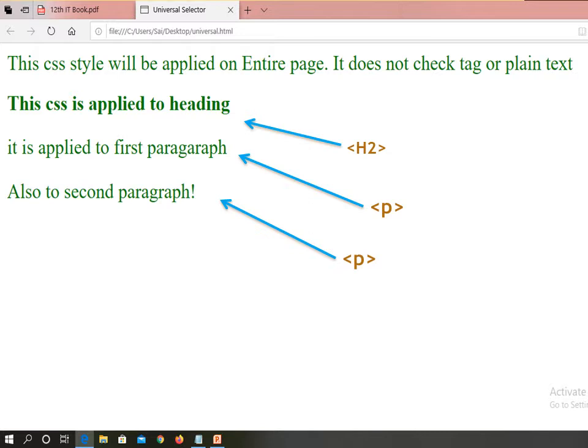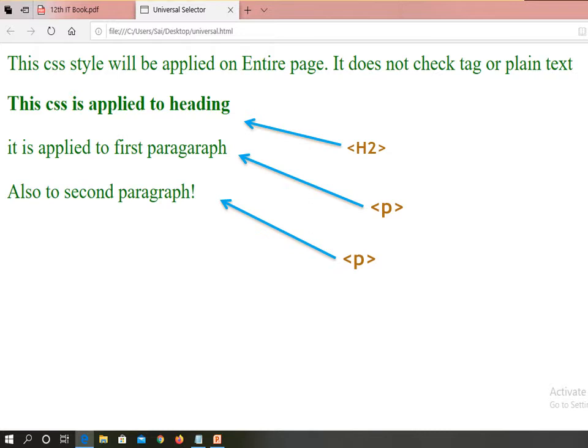Then the second one, this CSS is applied to heading. This text is enclosed within the h2 tag. I already highlighted it by arrow, the second line is enclosed with the h2 tag.